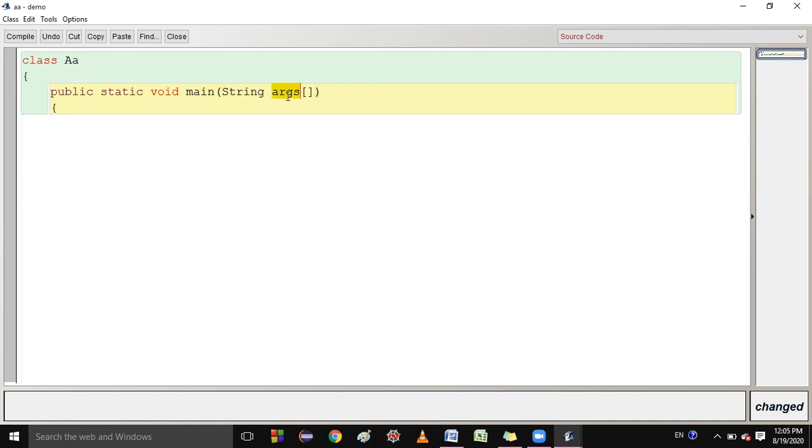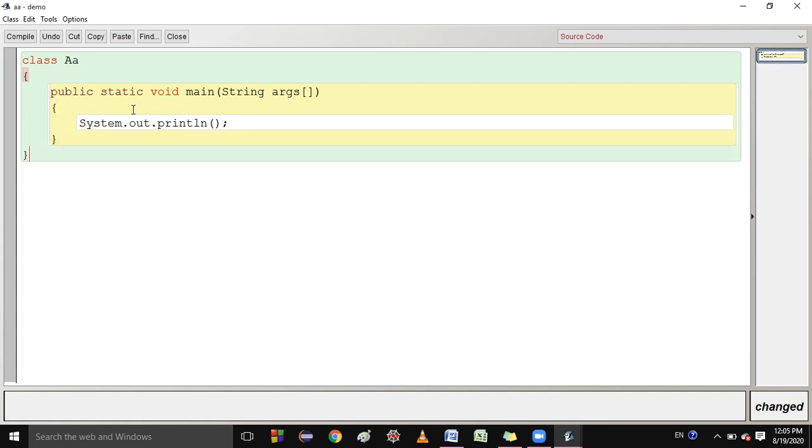Students, this is the class name. Then this is a variable name, and this is the array name, a string type array name. So an array name is also a variable. I said that if a variable has a single word, then all the letters will be in small. After that, these brackets. Then you will write System.out.println, and I will discuss it, don't worry. You are seeing that the first letter of System is capital, so that means this is the name of a class. System is a class in Java. This is a static variable.